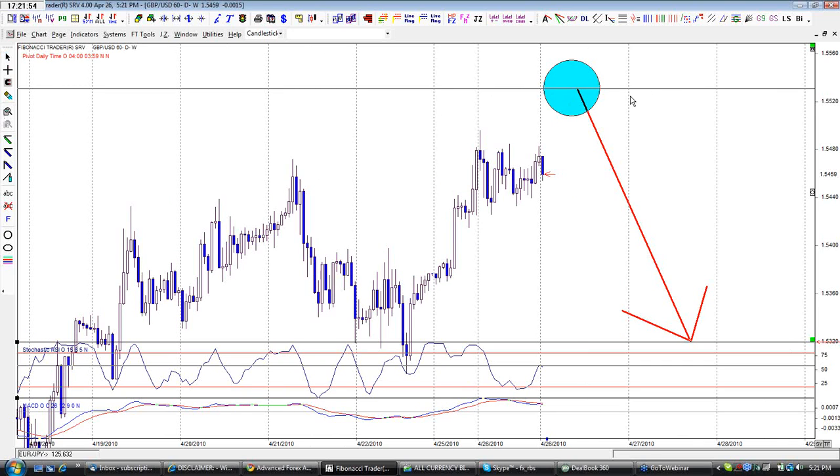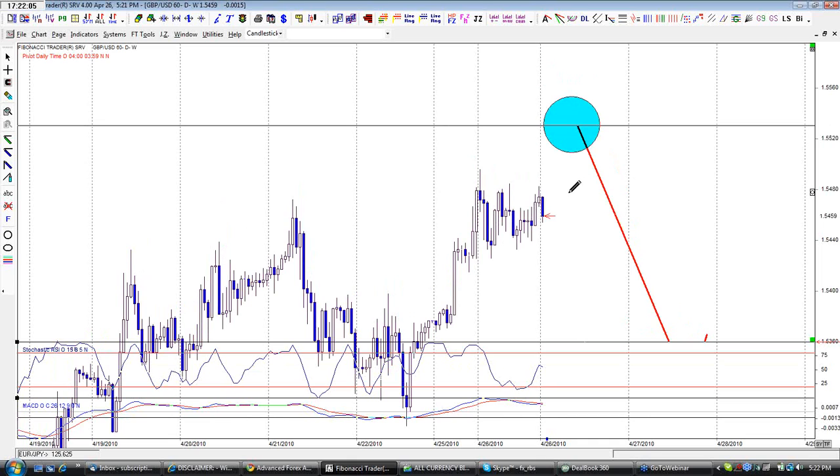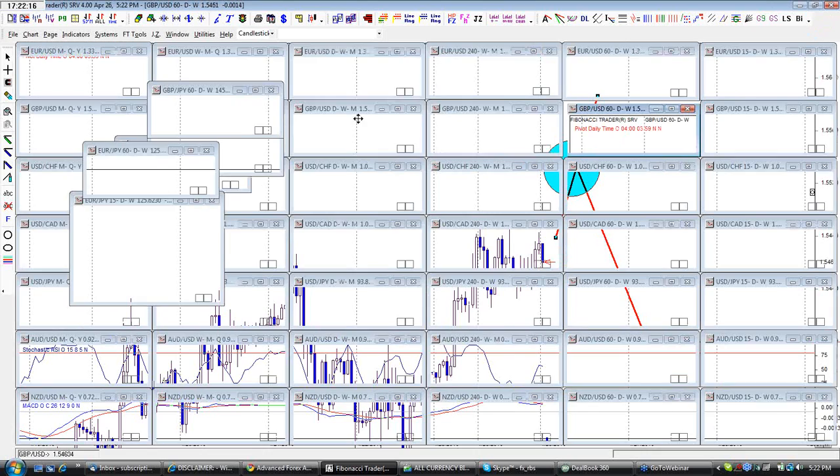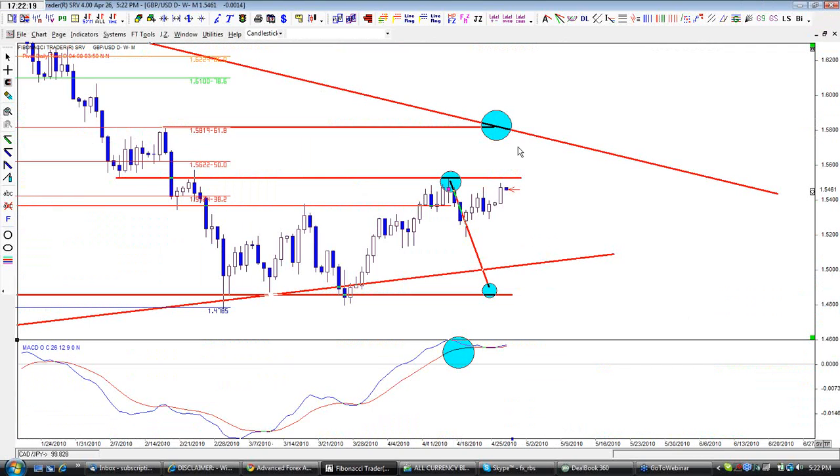I know the area where I would be looking for a short. If the price gives me any bearish patterns, I will take a short. If it doesn't, most likely price will continue in a bullish move. If price continues bullish and breaks this resistance, meaning that price breaking the resistance, most likely price will come back, retest the resistance becoming support, and maybe continue